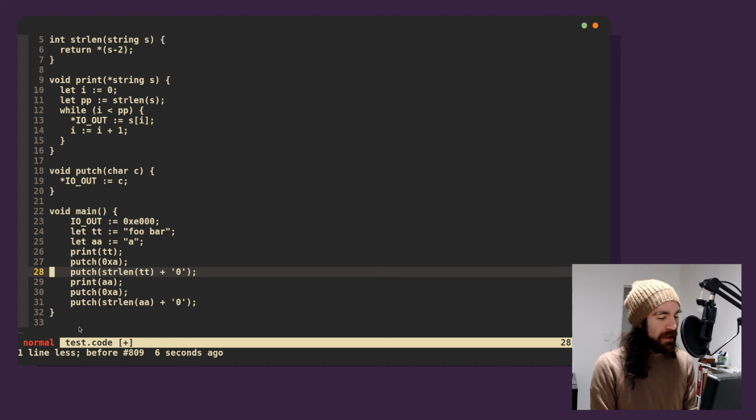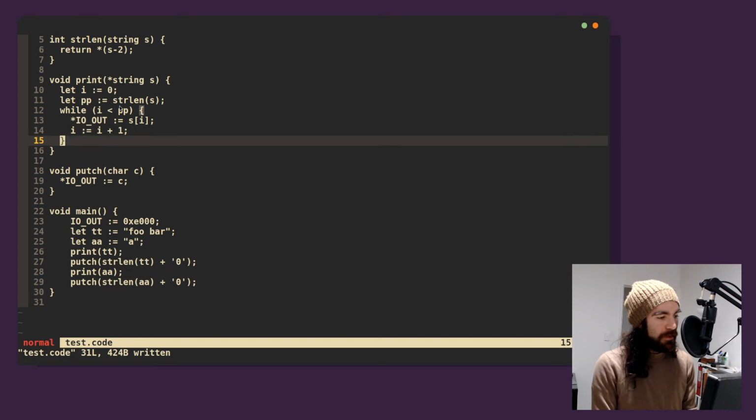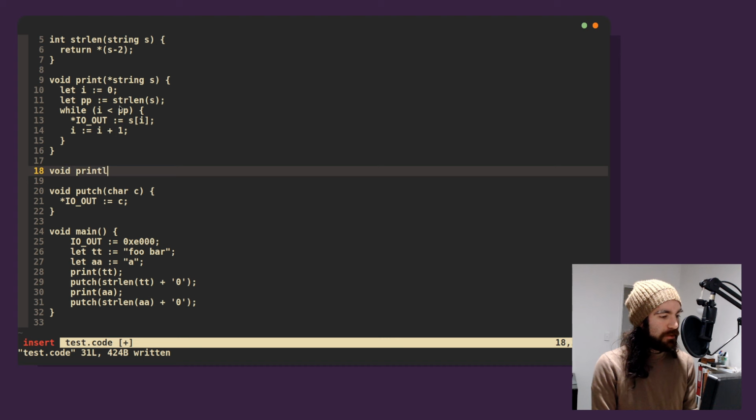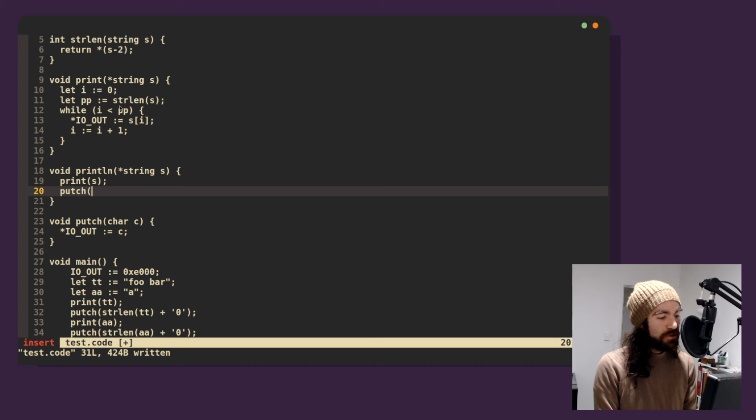Unless I want to say, hold on, let me define a better behaved function. Let me define void println. This is good. This is the making of a standard library, okay? All we do in println is call prints and then call putch with the new line character.